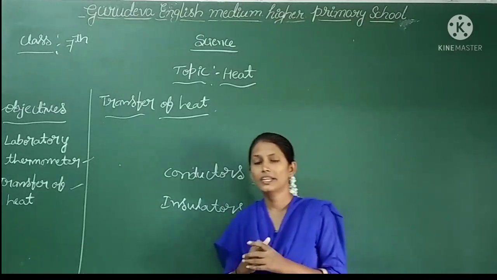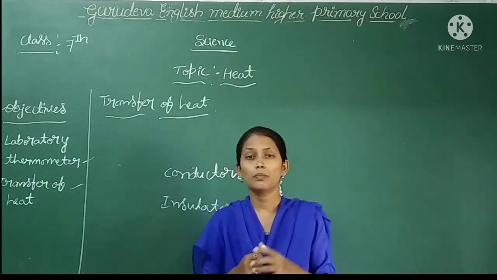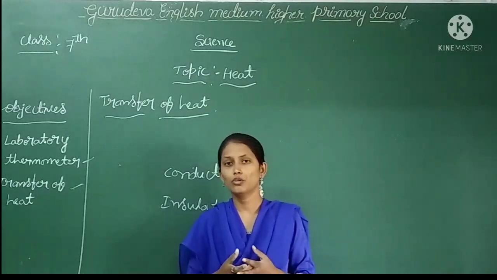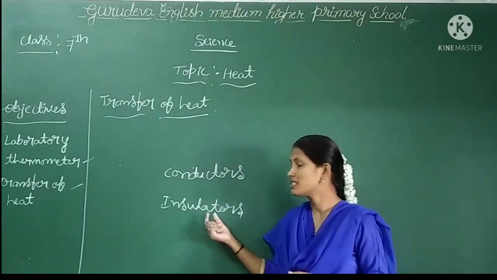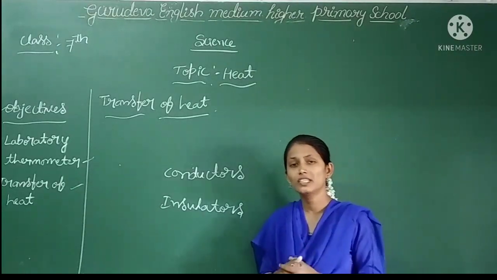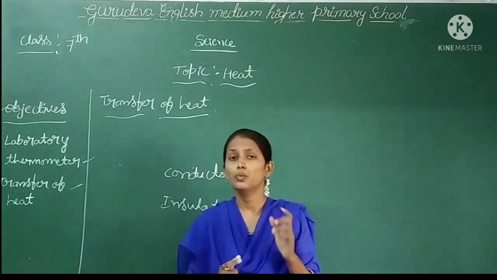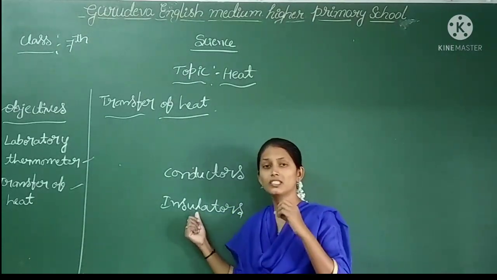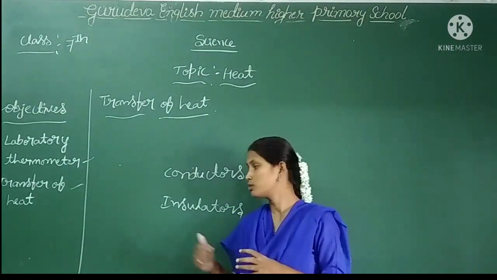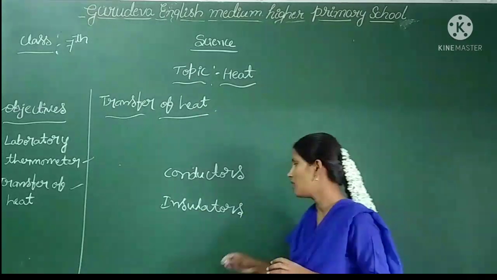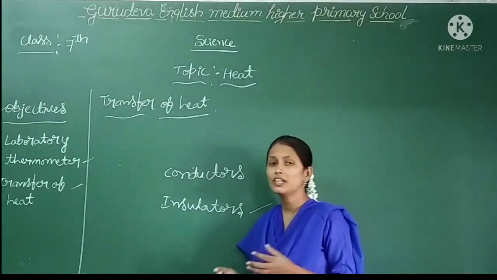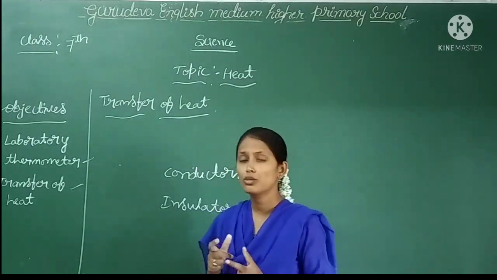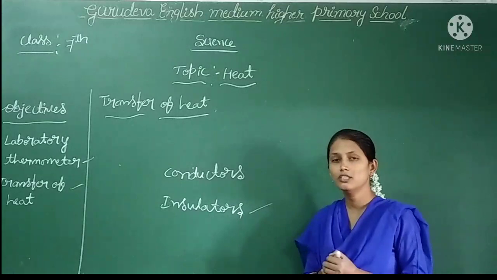And also in that activity you have noticed that the plastic scale and pencil don't become hot. What do we call those objects? Those objects we call insulators. Insulators are the materials which do not allow heat to pass through them. They don't become hot. So these materials we call insulators. You can consider examples such as plastic and wood. Those are a few examples of insulators.